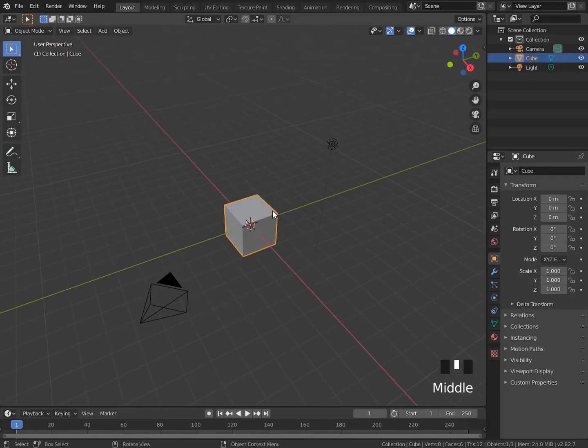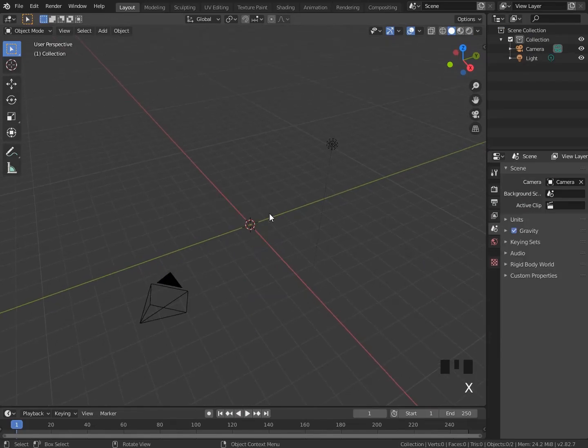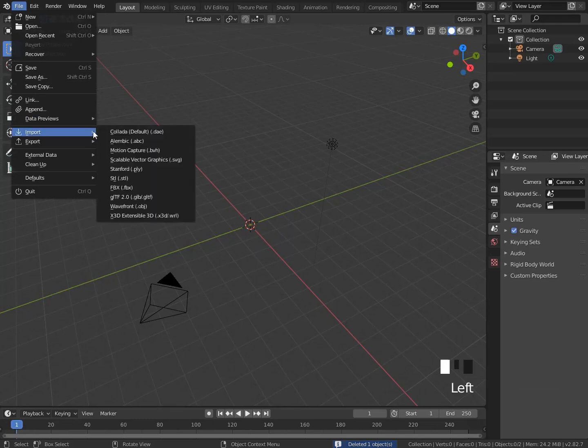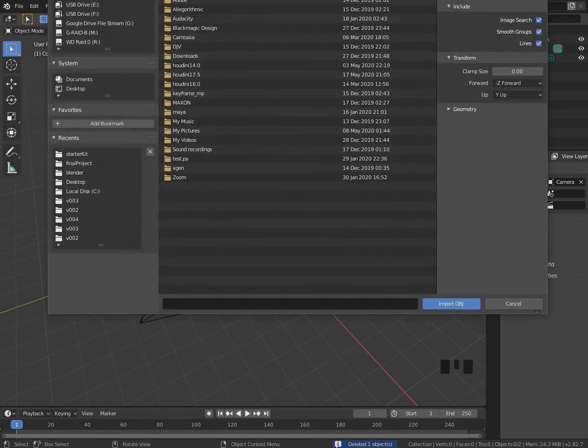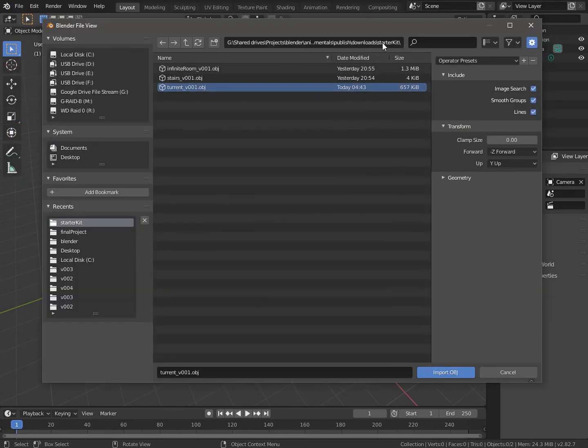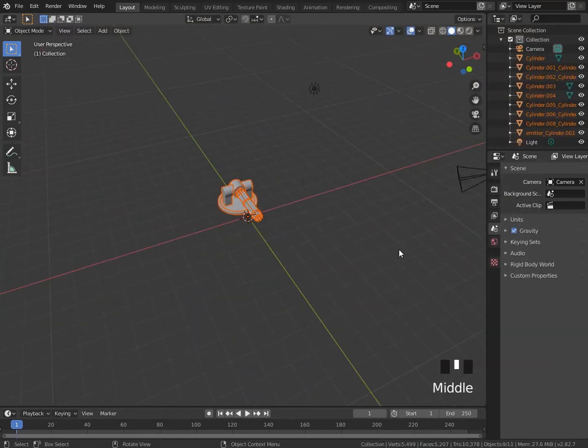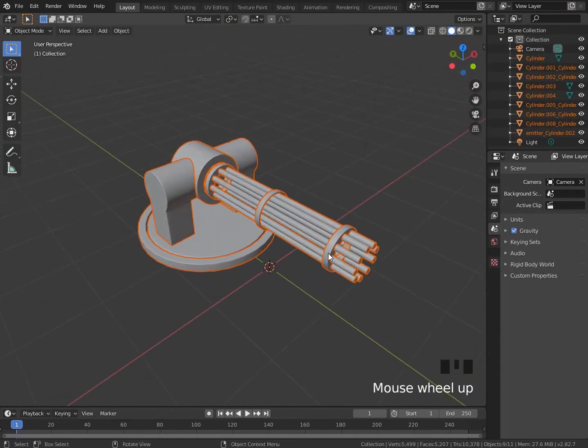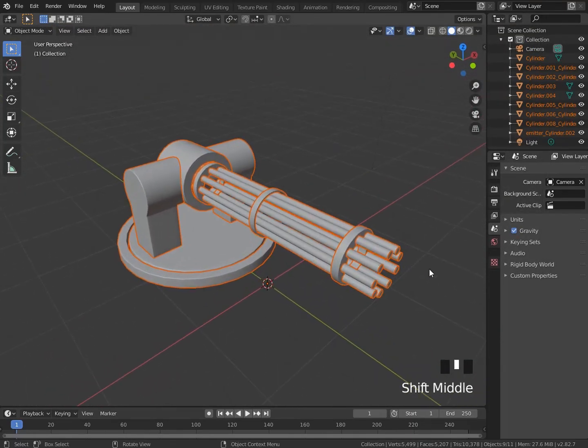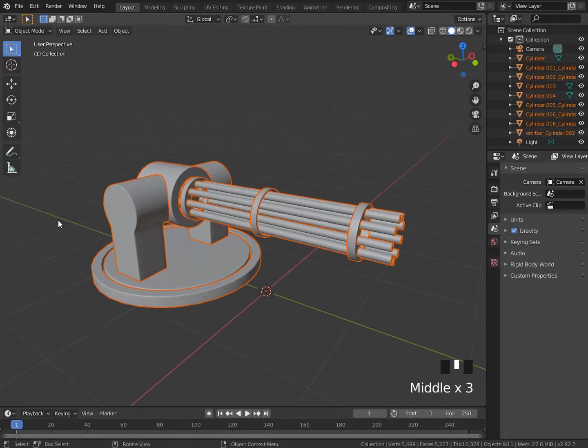I'm going to go ahead and clear out my default cube. And then I'm going to import the Turnt OBJ. It's going to be located in the starter kit downloads. So Turnt version 1 located in the starter kit right there, import OBJ. And then we'll go ahead and start setting up our controllers. So we're going to need 3 different controllers. One for the barrel, one for the actual gun to tilt up and down, and then one for it to